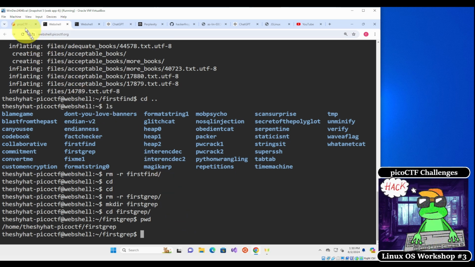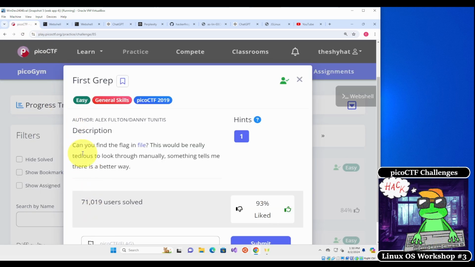So we're going to go over to the challenge page, and we're going to read the description. It says, can you find the flag in file? This will be really tedious to look through manually. Something tells me there is a better way. Okay, so what we can do here is